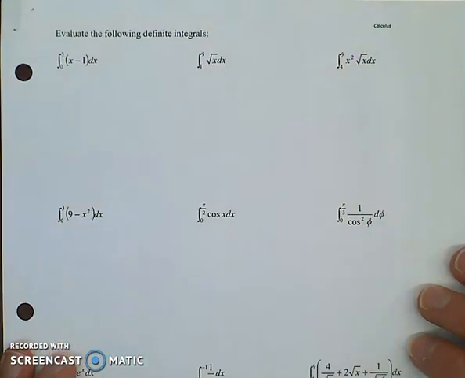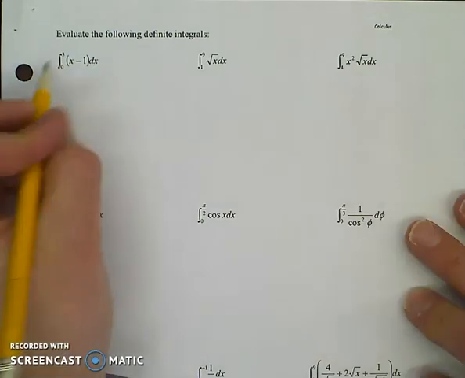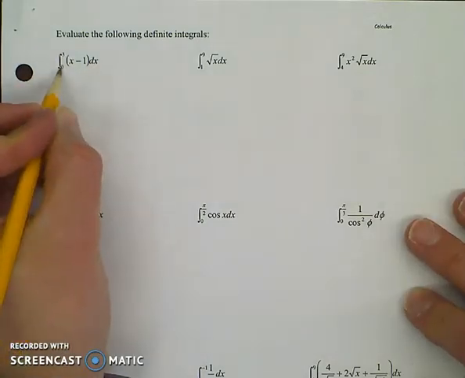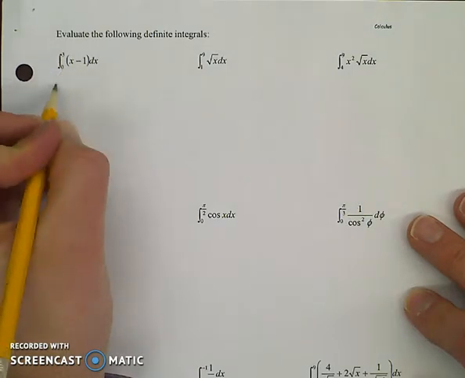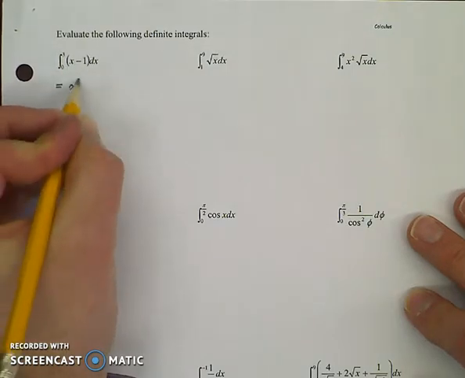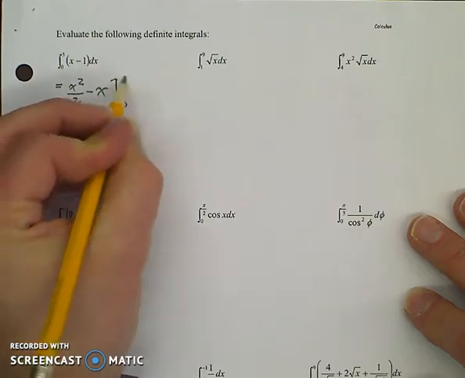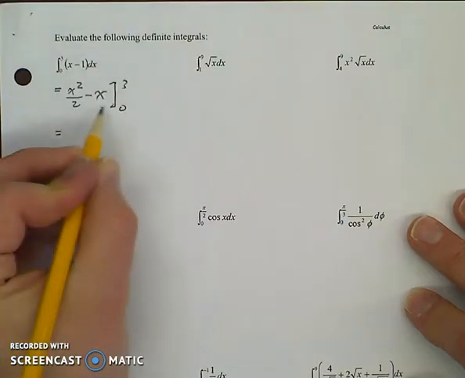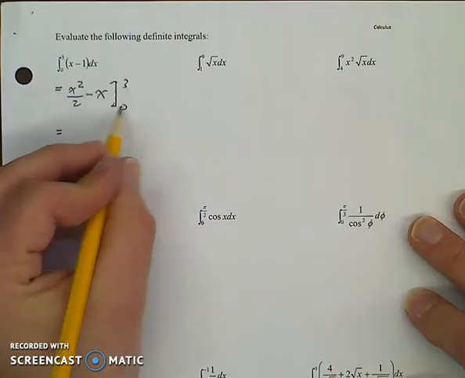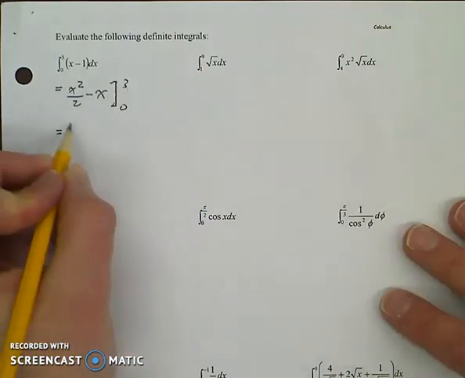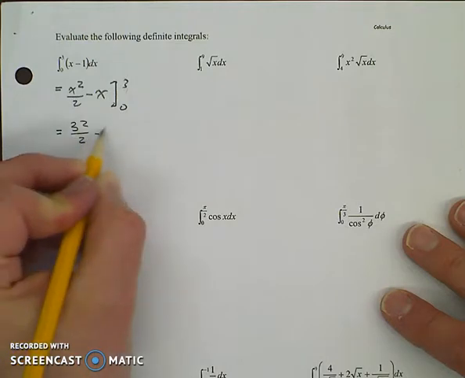What we are going to do here is just very quick computation. So in this case, let's take the integral. Using the fundamental theorem of calculus, part 1, we are going to take the integral, so x squared over 2 minus x, and evaluate it from 0 to 3. So we take the integral, and now we're going to plug in 3 and plug in 0, subtract them, and there it is. So you're going to get 3 squared over 2 minus 3